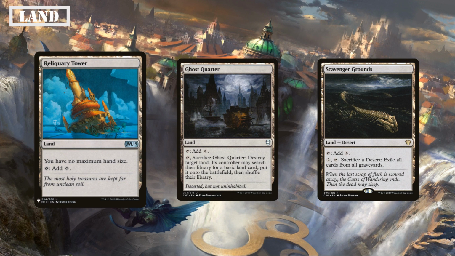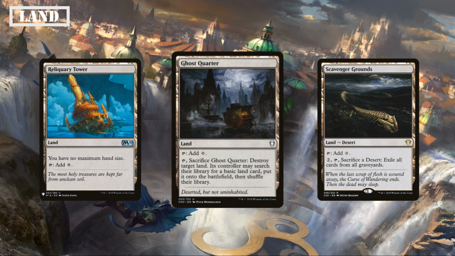Reliquary Tower taps for a colorless and removes our maximum hand size, allowing us to use our clues more frequently for draw without the need to fear for discarding down to hand size. Ghost Quarter taps for a colorless and we can tap it and sack it to destroy target land, giving its controller a basic from their deck to replace it, making it a good source of spot removal for our opponent's